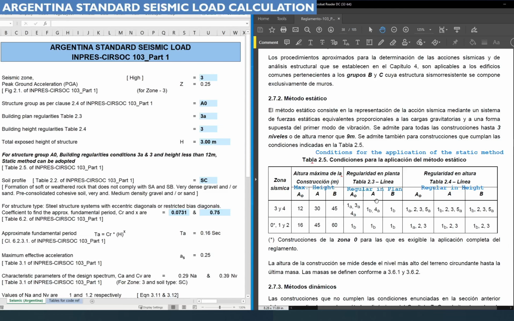So we need to refer to this first table, and the structure group is A0. So A0 we need to refer in all the 3 parameters, and the building plan regularities table 2.3 says it is a 3.A. So for 3.A, here our 3.A is there,